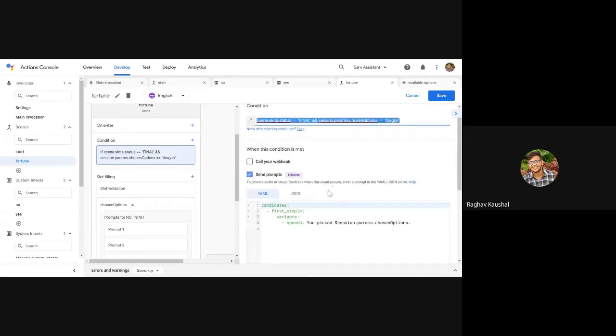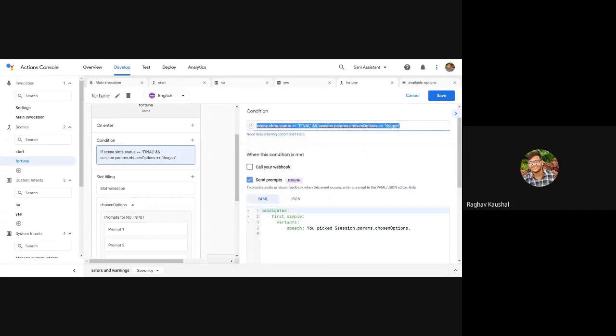That is what an if statement is. And we can create more such statements by clicking on this translator.